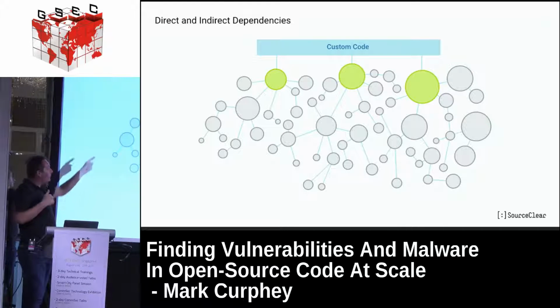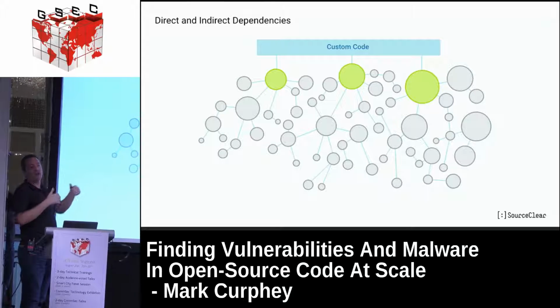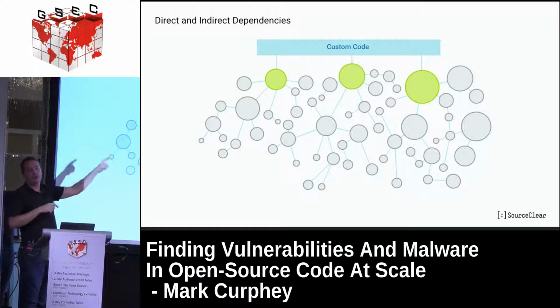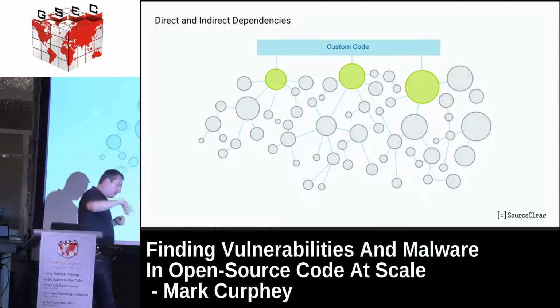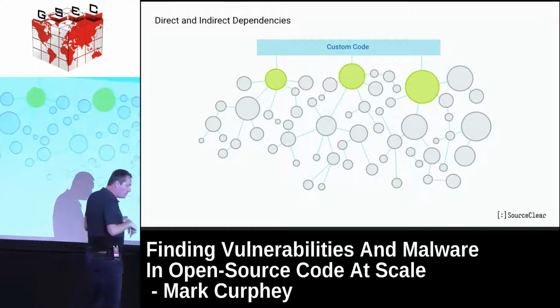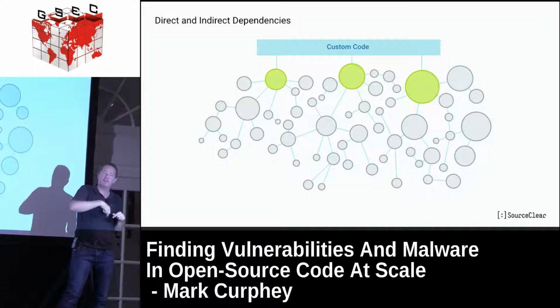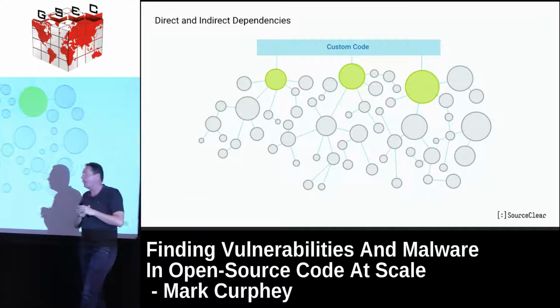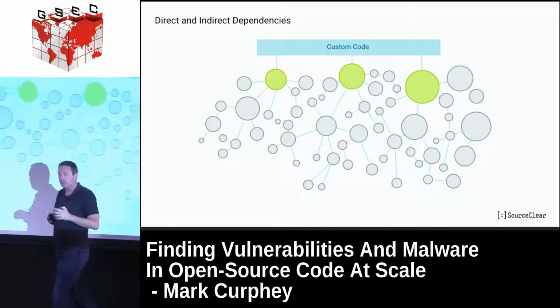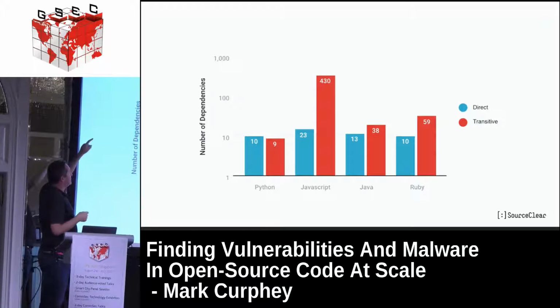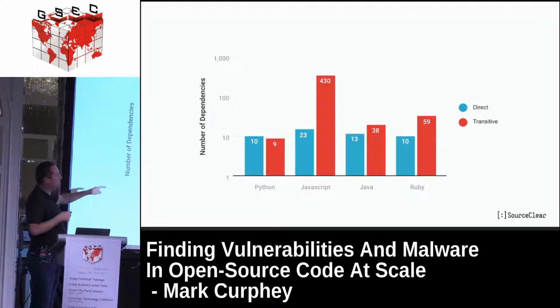What happens from the developer's perspective is they basically choose, say, 3 libraries. But what actually happens then is those libraries say, I need this one to survive, and I need this one, and I need that one. So it's kind of like 100 people can come into this room, but they go and invite all their friends, and their friends invite their friends, and before you know it, there's 700 people invited into the room. And the reality of why that's important is this is a log scale, you'll notice.